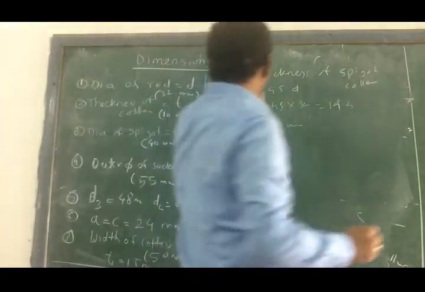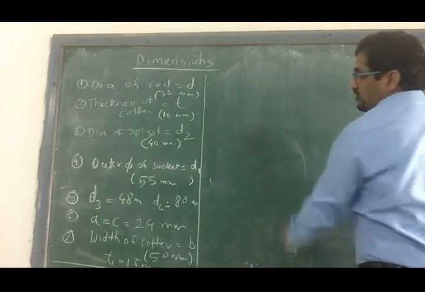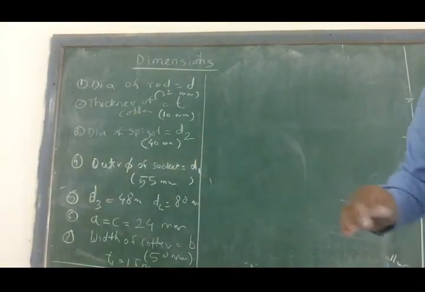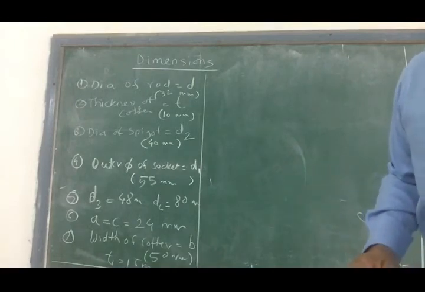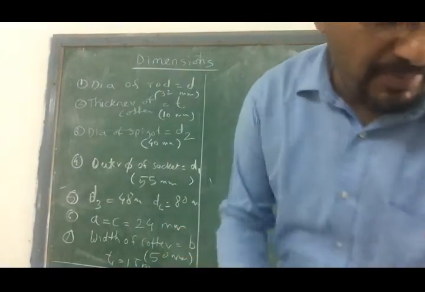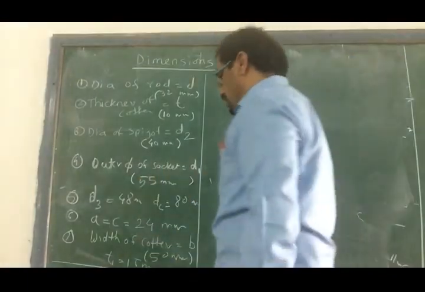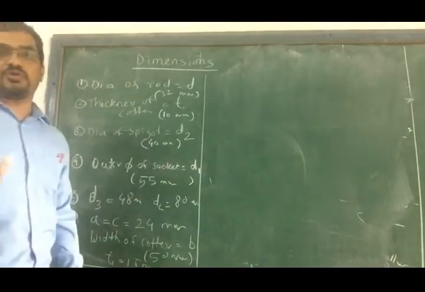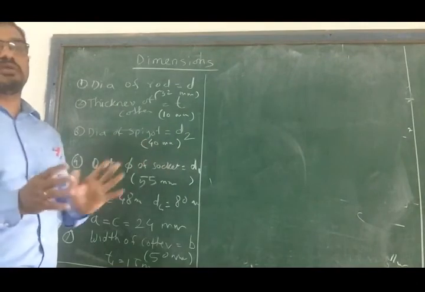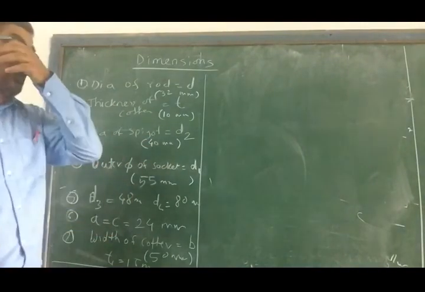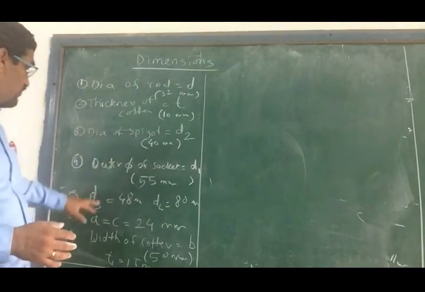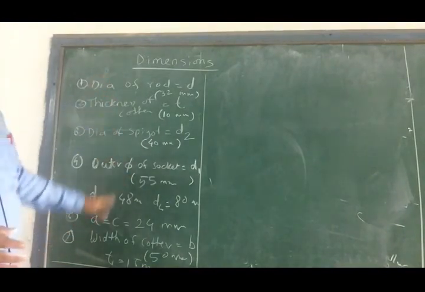Okay. So now we have got all the dimensions. Now with these dimensions we can draw the diagram, and then we can say the design is completed. Now this example gives you all the possible steps required for the design of the cotter. In the exam, sometimes not all the time you will be given the load and asked to design the whole cotter. Sometimes you will be given the diameters, and then you have to find out the stresses, or you have to find out only B. But the steps will remain the same.